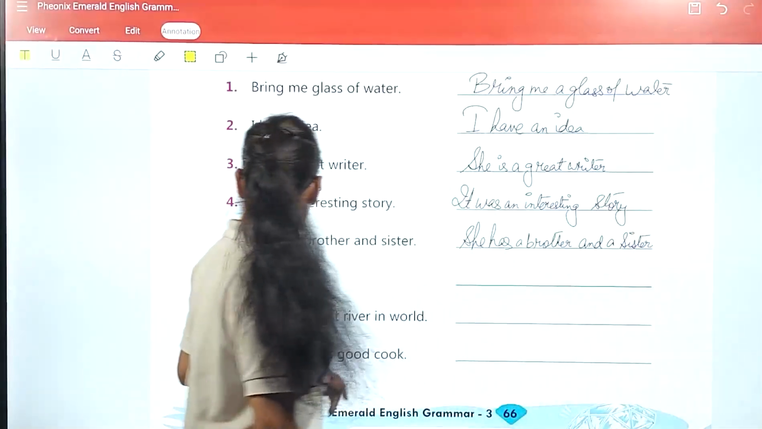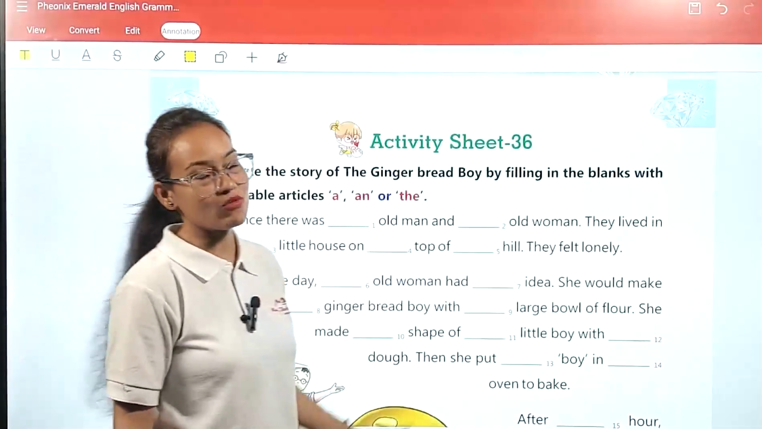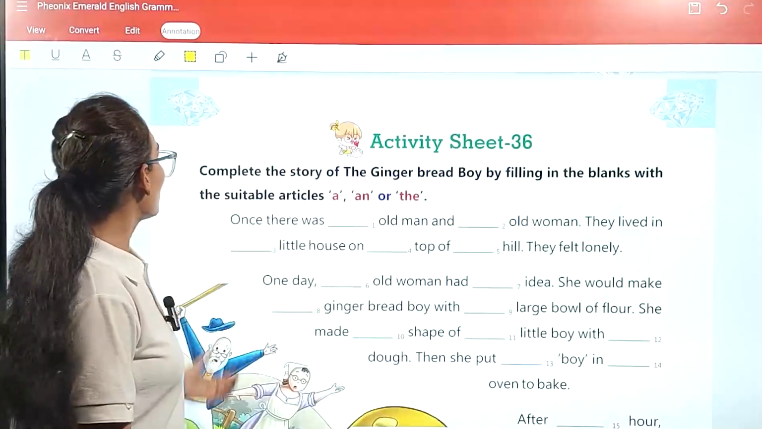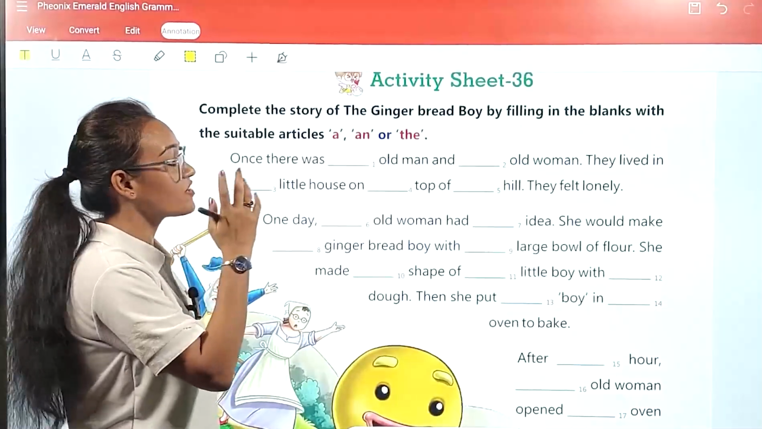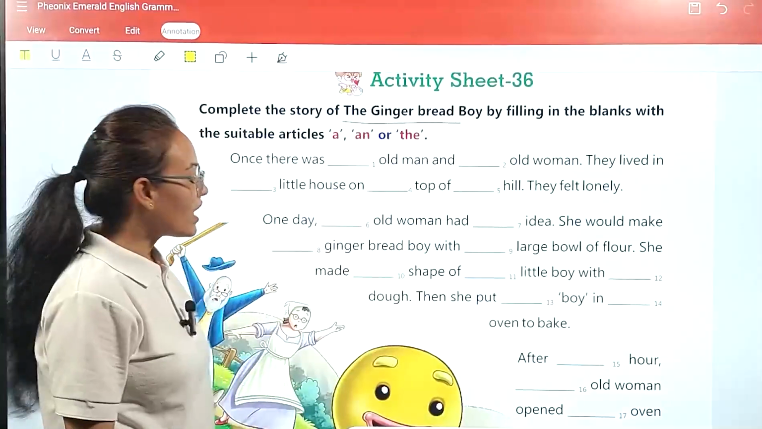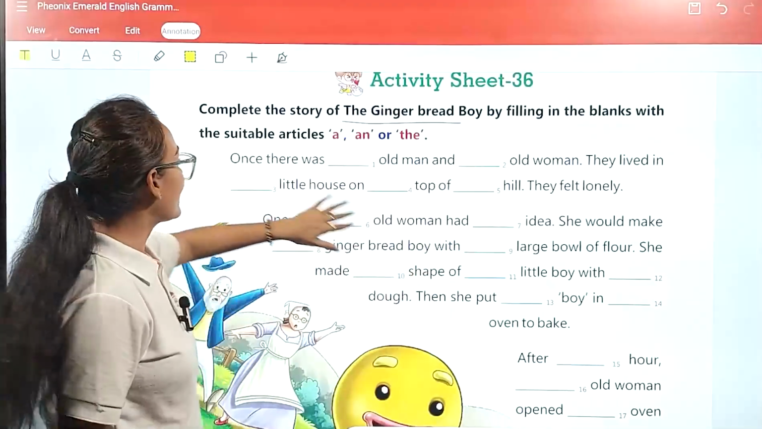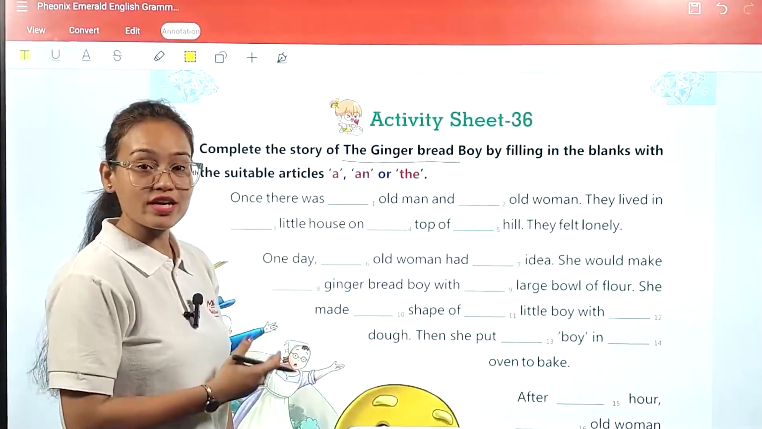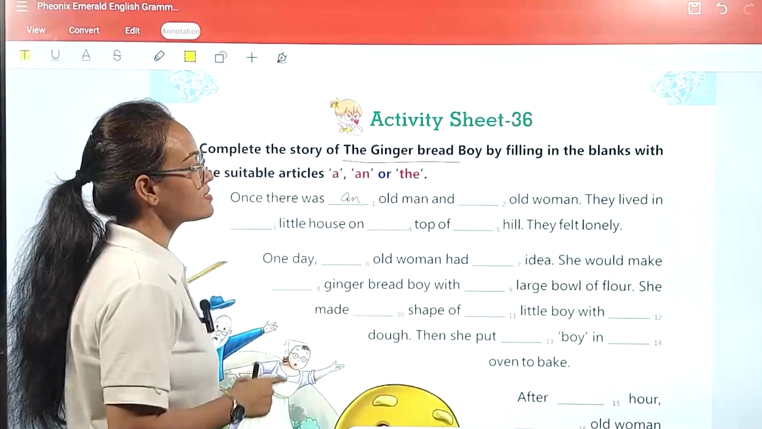In this way, my dear students, you have to complete 6, 7 and 8. Now activity sheet number 36. Here what we have to do, let's see. Complete the story of the gingerbread boy by filling in the blanks with the suitable articles a, an, or the. See, this is a story based on a very famous poem, The Gingerbread. You have to complete this story by filling in these articles. Like, once there was dash old man. O is your vowel. So here we are going to write, once there was an old man and an old